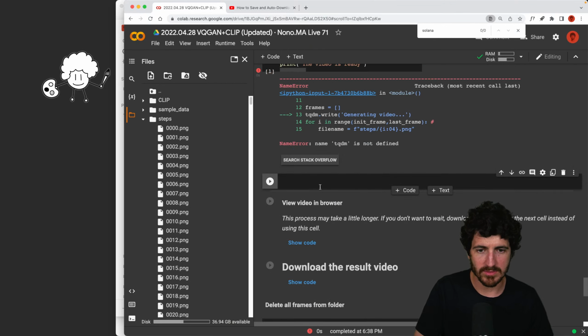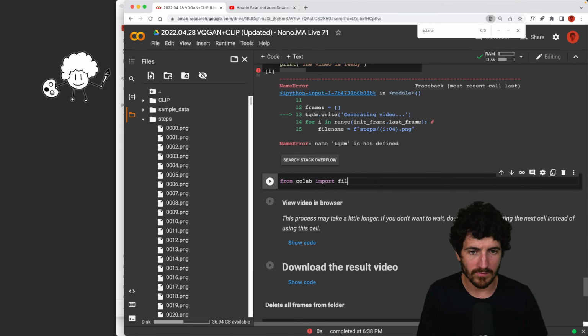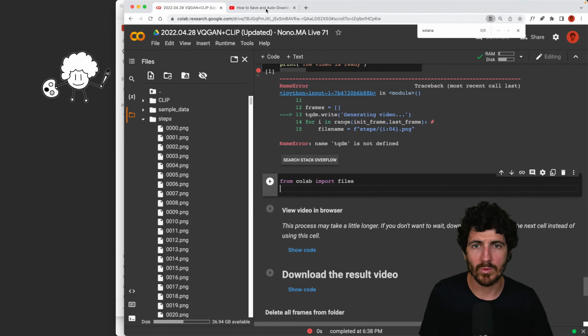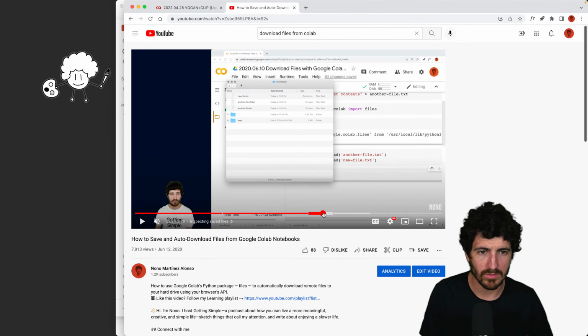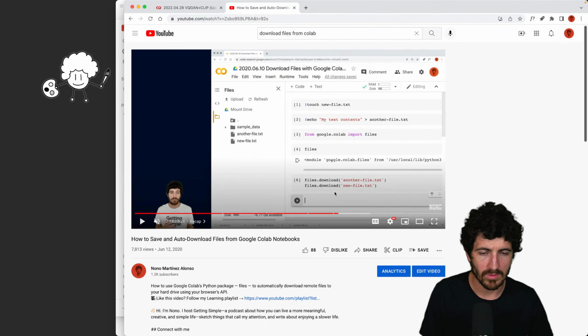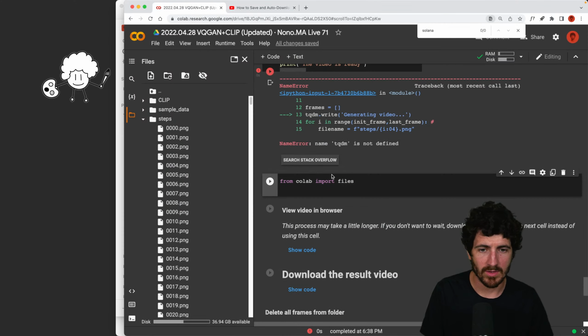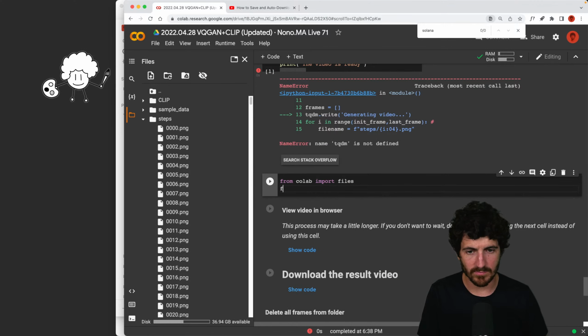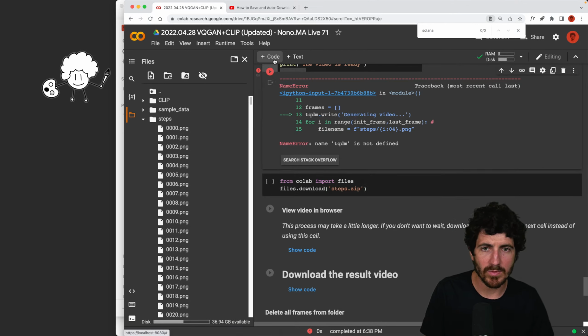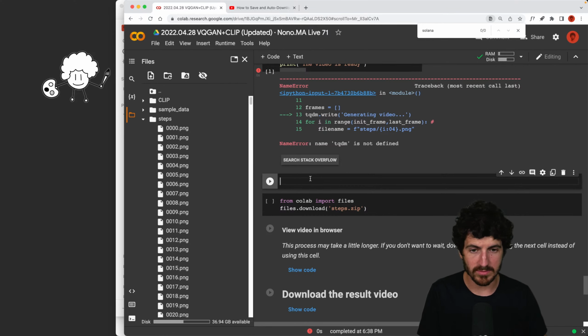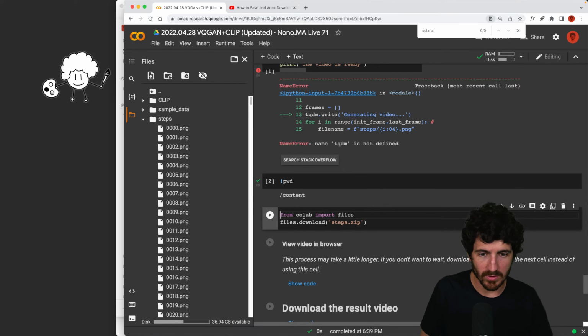Right, so let's try here from Colab, import files, and we want to download files, and then I'll put here step.zip, and we want another code cell here. Let's print where we are. All right, we're in content,